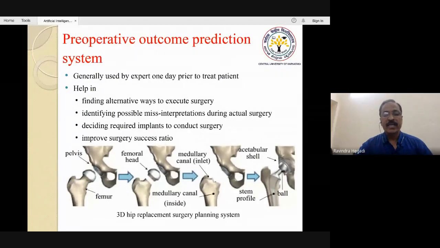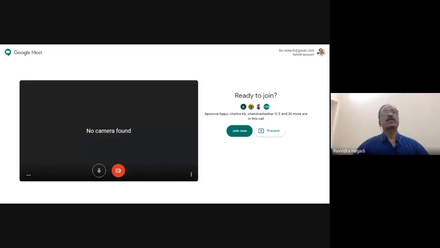So before understanding the actual problems and how we are going for the approaches, let us understand the bone structure. Okay, so the prospective pre-operative outcome prediction system. What is basically the pre-operative outcome prediction system? So generally, one day prior to treatment, the expert will look at the